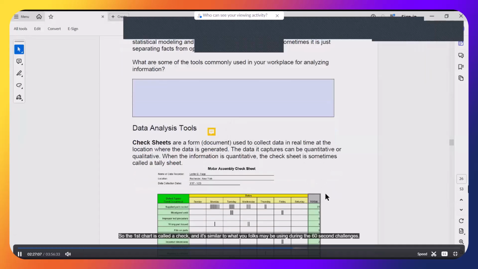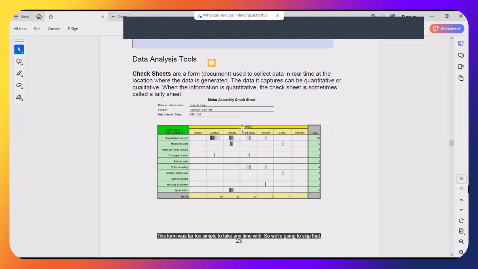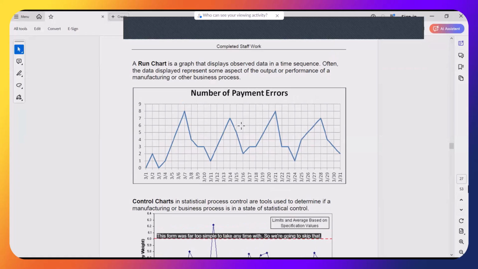So the first chart is called a check sheet, and it's similar to what you folks may be using during the 60-second challenges. Similar to the 1, 2, 3, 4 slash, give you 5, easily counted in blocks. But this form is far too simple to take any time with, so we're going to skip that and start